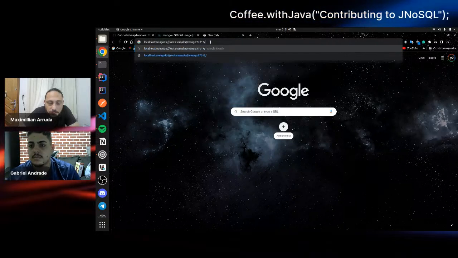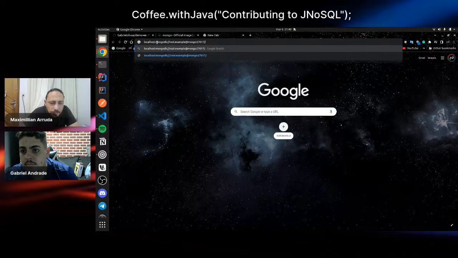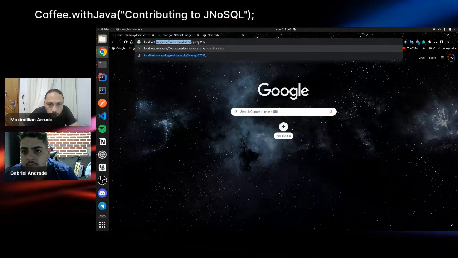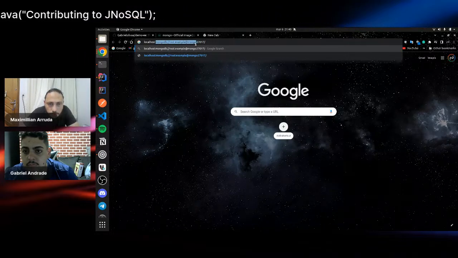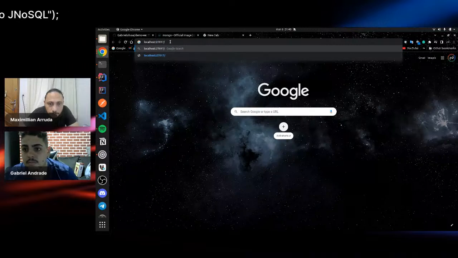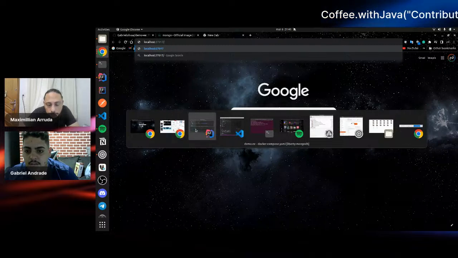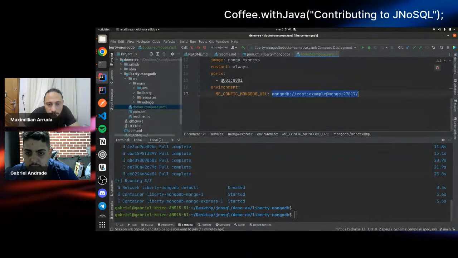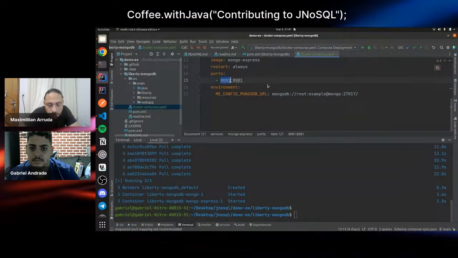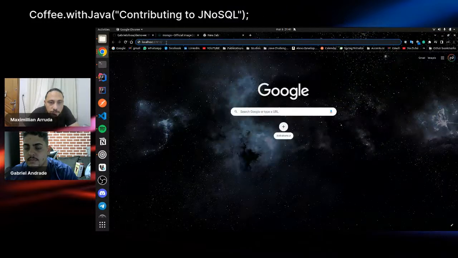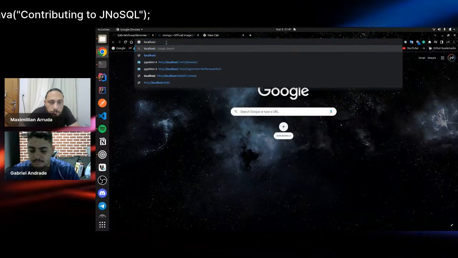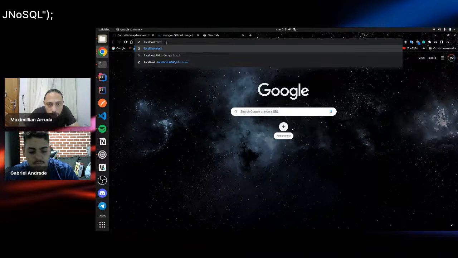The port is 8081 if I'm not wrong. Could you take a look at the Docker Compose file? Let's connect to Mongo Express.